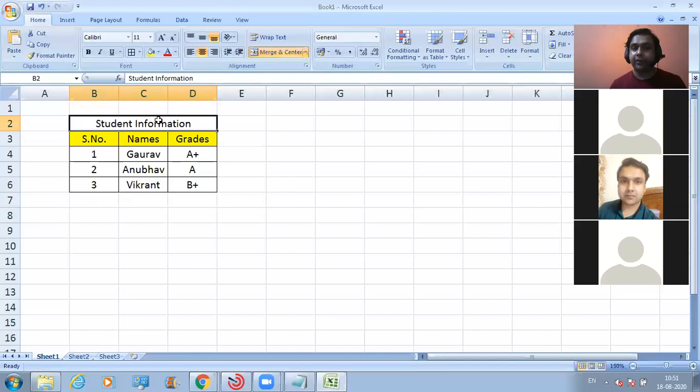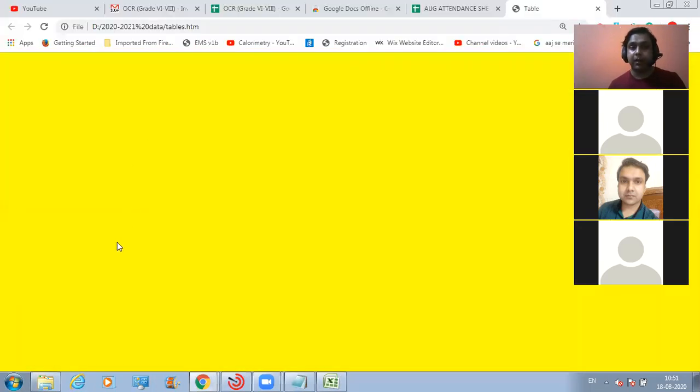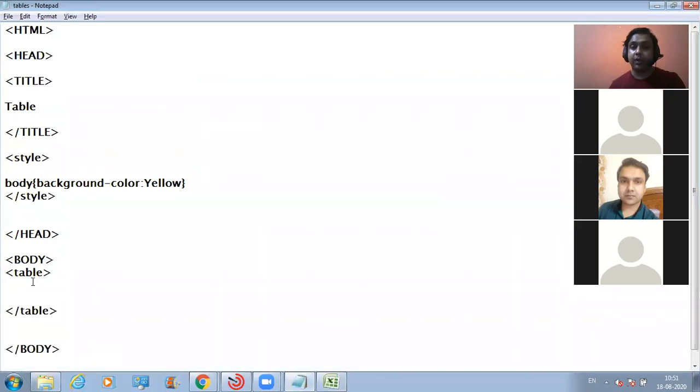Now, how can we define this caption? This is the first thing that we need to define. Remember this thing. Whenever you are creating a table, and if you want a caption to be defined for a table, this is the thing that you are going to define first. This is the tag that you need to use. The name of the tag is caption. You can write it like this, student information, and then you can close the caption tag. So now let's see what is the output that we are going to get on the HTML page.